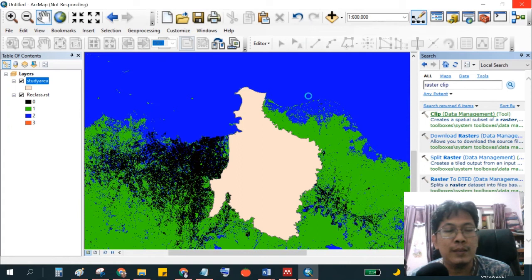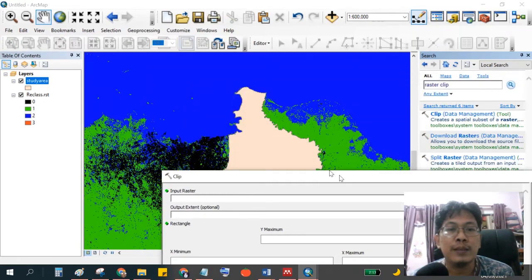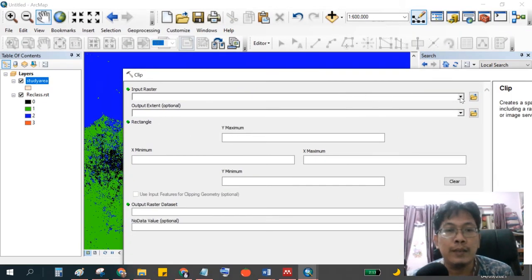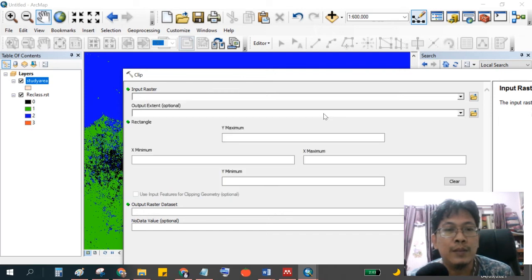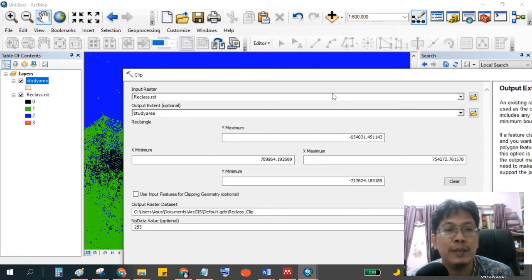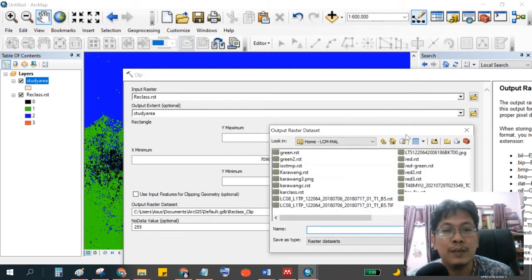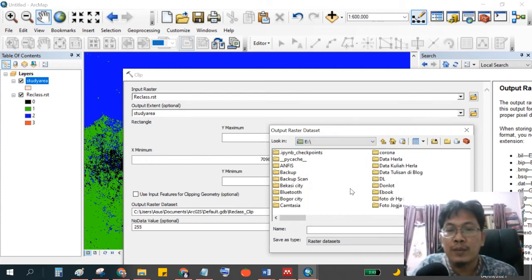Here Bekasi, we use the spatial toolbox, and the input raster is the wide area. This is the reclassification satellite imagery, and then the clip is how much region will remain, the cutting area, because the study area is Bekasi City, and we choose the proper location.